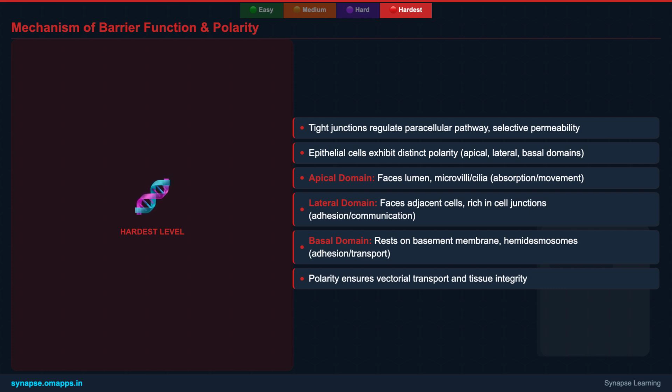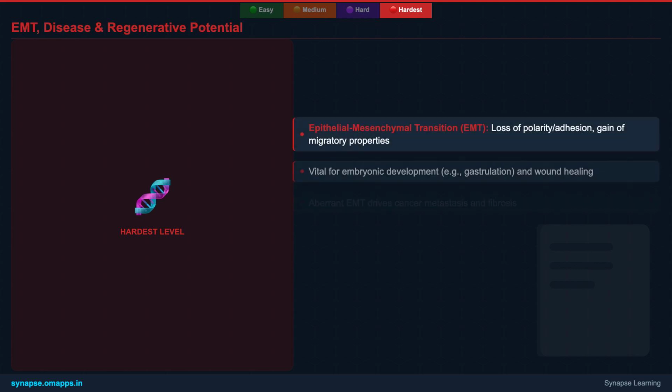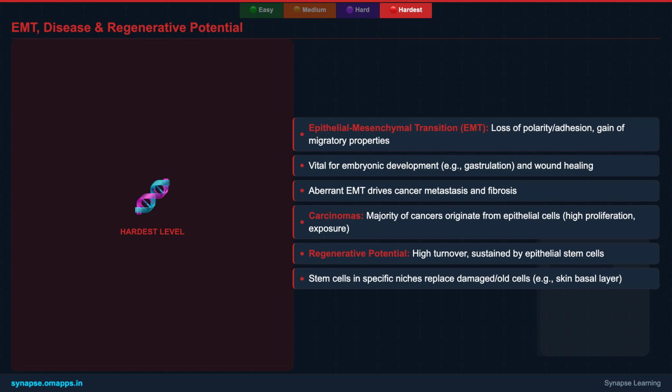The dynamic process of epithelial mesenchymal transition, or EMT, is a fascinating aspect of epithelial biology. During EMT, epithelial cells shed their polarity and cell-cell attachments, transforming into more migratory and invasive mesenchymal cells. This is essential for embryonic development, like forming neural crest cells, and for wound healing, where cells need to move